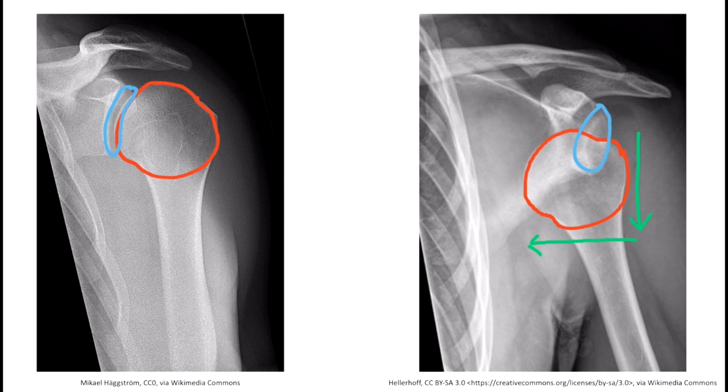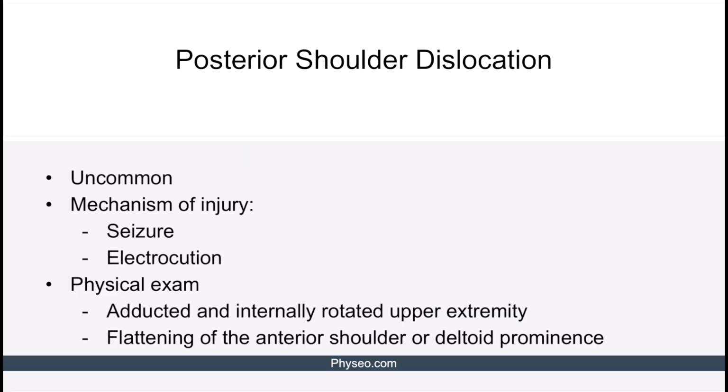A variant of this X-ray may show up on exams, and examiners may expect students to distinguish it from a posterior shoulder dislocation based on imaging alone. So let's discuss that next. Posterior shoulder dislocations are uncommon and are typically presented on exams in the context of a seizure or electrocution. This is because either of these two events can lead to uncontrolled violent muscle contractions that can dislocate the shoulder